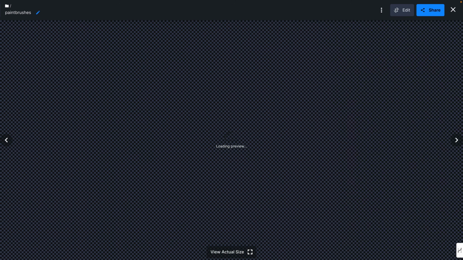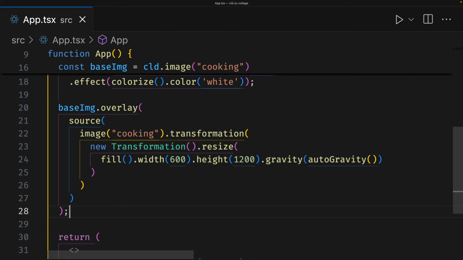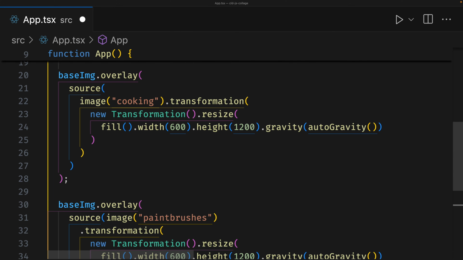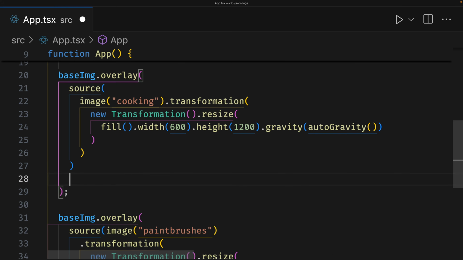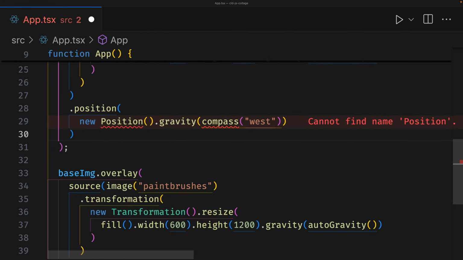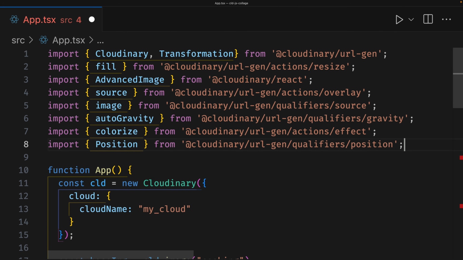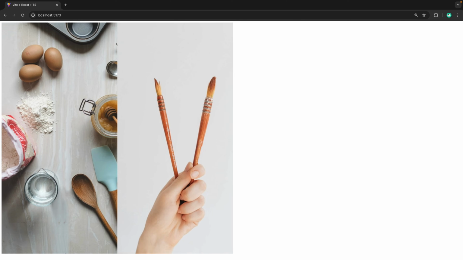We can grab another image from Cloudinary and add it as an overlay with the same size as the previous overlay. But this time, we'll give the first overlay a position to west using gravity, and we'll give the second overlay a position of east. Then if we import position and import compass, we can see the images are side by side, making a basic